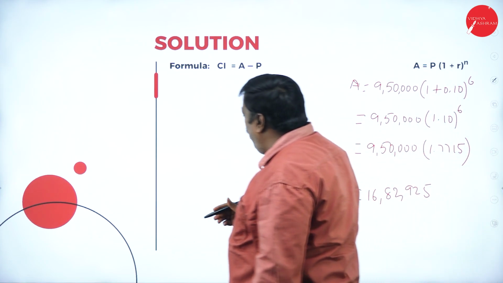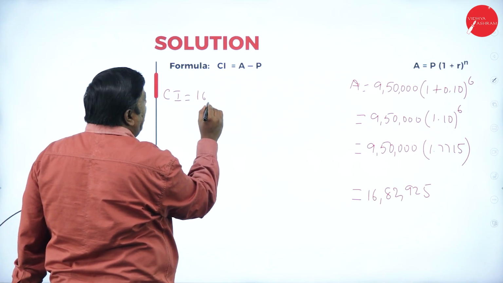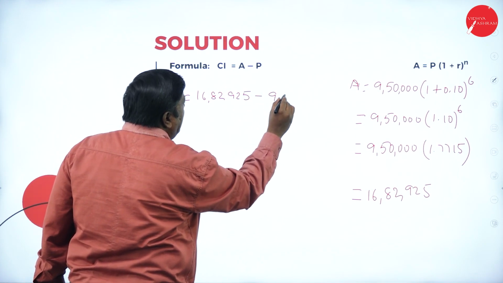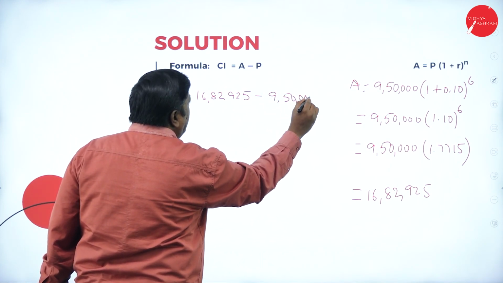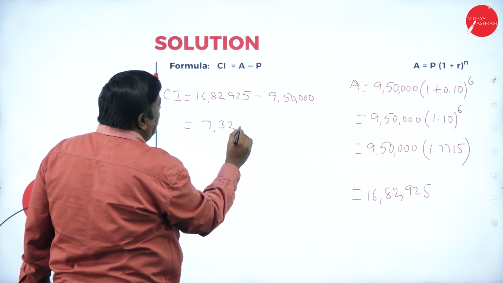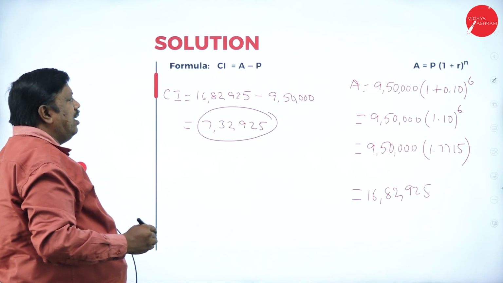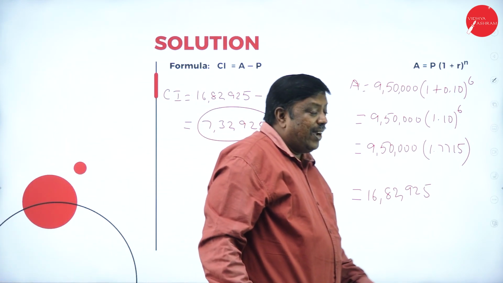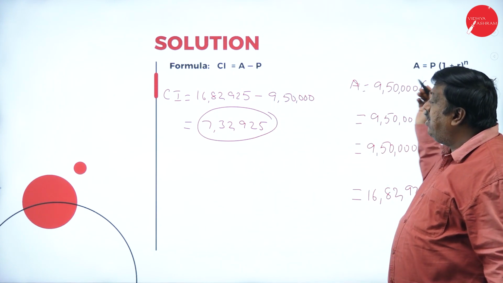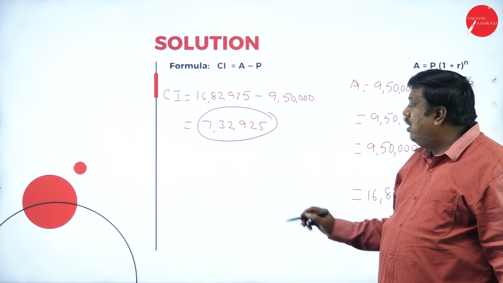So my compound interest will be CI equals 16,82,925 minus 9,50,000. So it is going to be 7,32,925, the amount of interest I am going to get here. So now, if I invest 9,50,000 for a period of 6 years at the rate of 10%, the interest we are going to earn on compounding will be